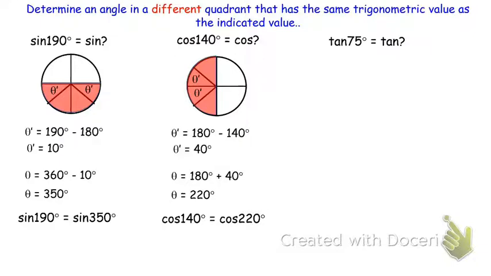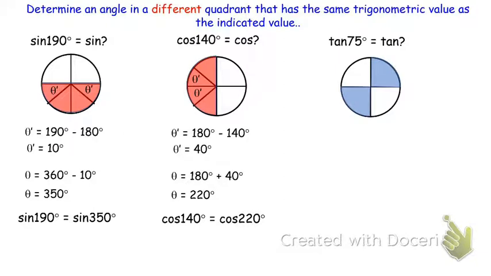All right, now let's turn our attention to a tangent. 75 degrees is in quadrant 1. It's in between 0 and 90. In quadrant 1, tangent's positive. Another place where tangent's positive is going to be in quadrant 3, where both x and y are negative. So if we're in quadrant 1, we need to find the reference angle and use it to find the angle